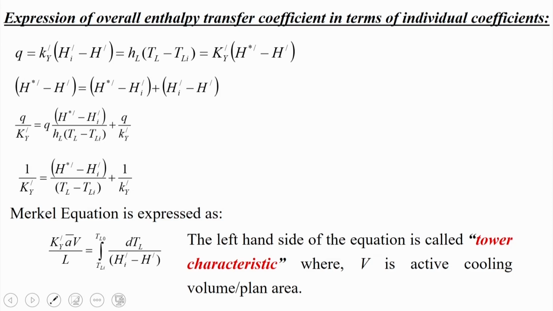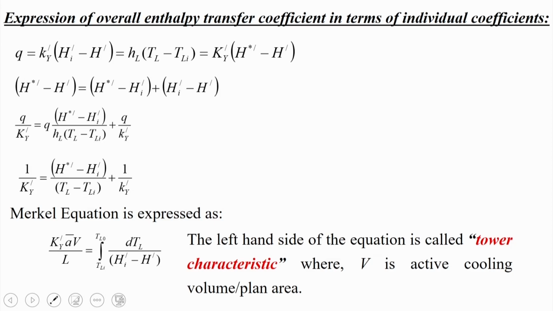This left hand side of this equation, capital K y prime into a bar into V by L, is called the tower characteristics, where V is the active cooling volume per plan area. So, this tower characteristic, capital K y prime into a bar into V by L,